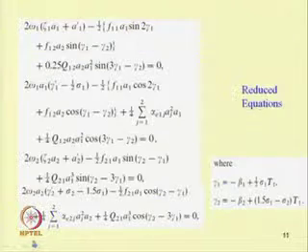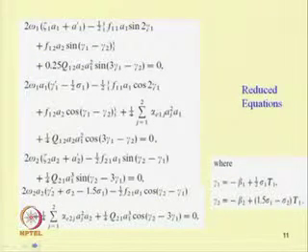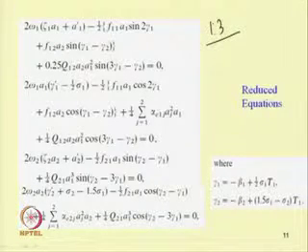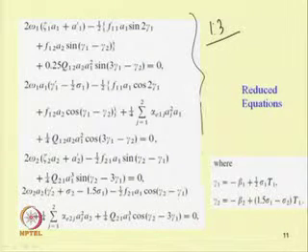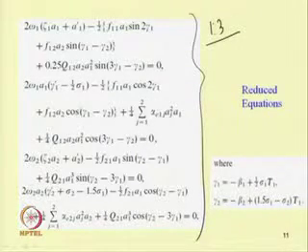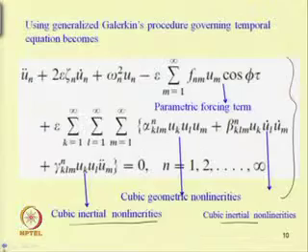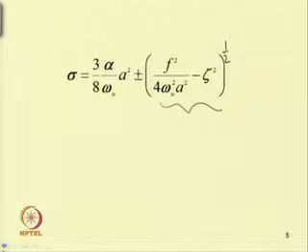one can, by using the method of multiple scales, get a set of equations considering the 1:3 internal resonance case. Here one can obtain 4 equations, unlike the Duffing equation, where one will get only 2 reduced equations. The reduced equation in case of the Duffing equation can be written in this form: